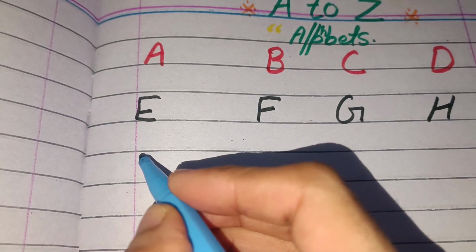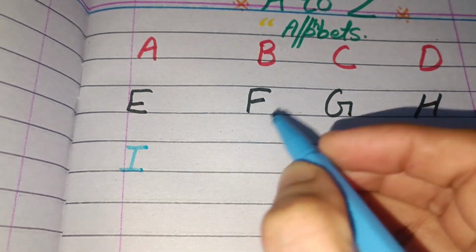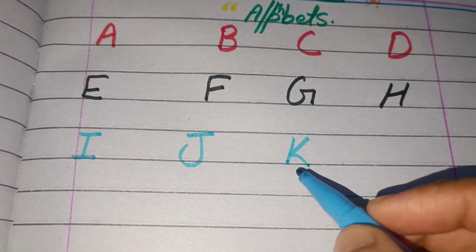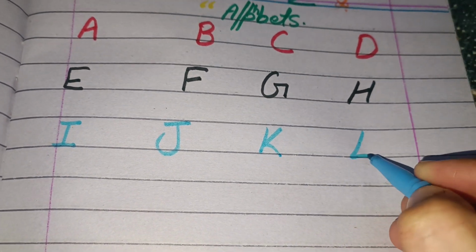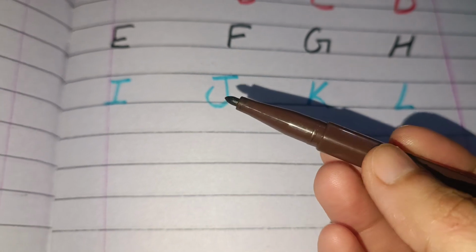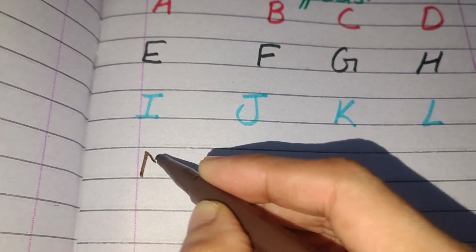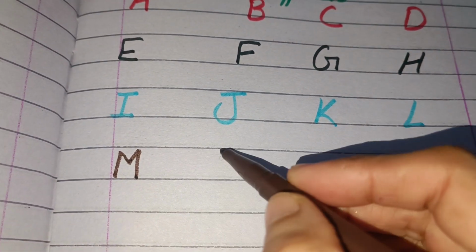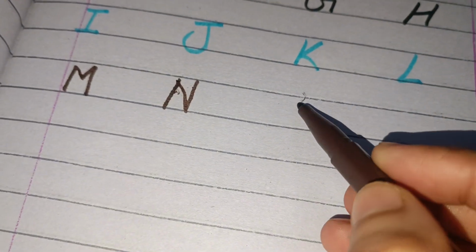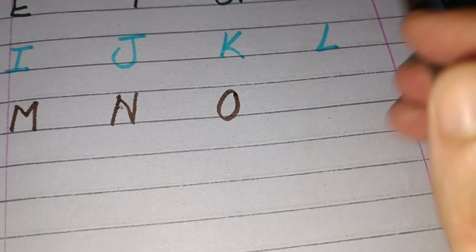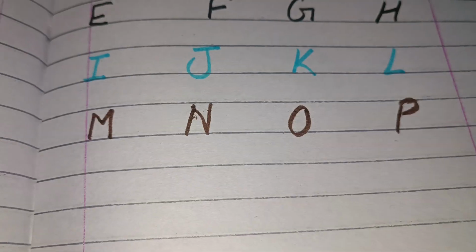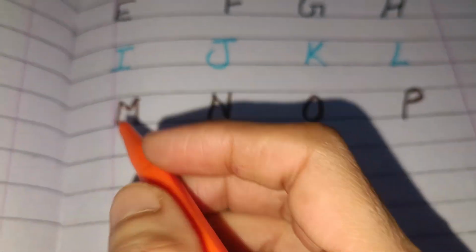ब्लू कलर, I for ice cream, this is a J for juice, this is a K for kettle, this is an L for lion। ये देखिए, ये है मेरे पास ब्राउन कलर, this is an M for monkey, this is an N for nose, this is an O for owl, and this is a P for parrot। ये है मेरे पास ऑरेंज कलर,